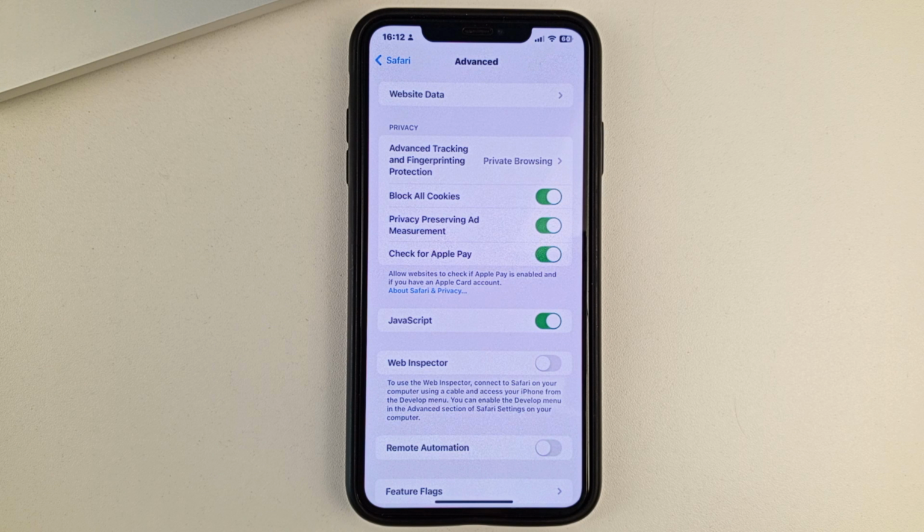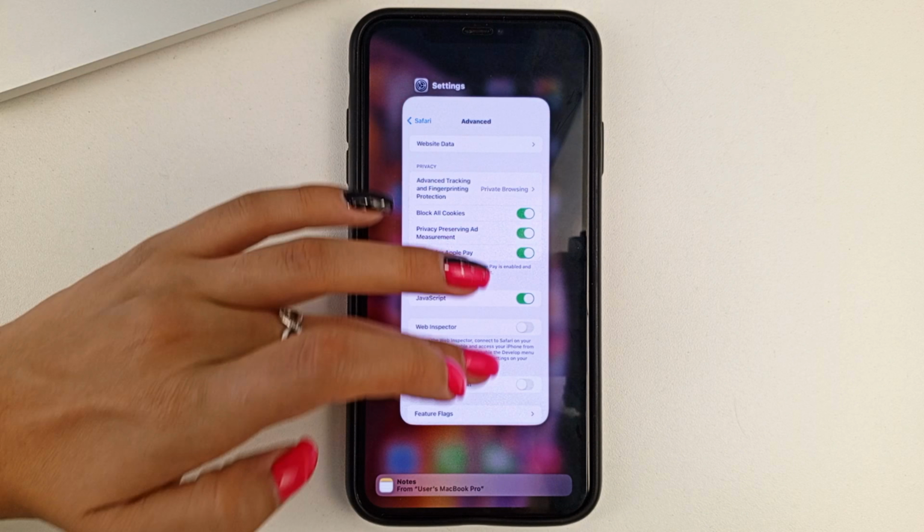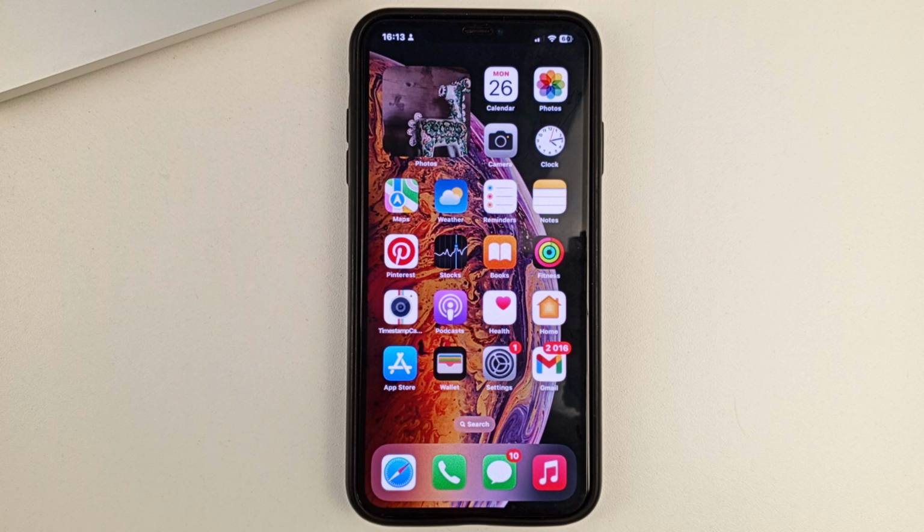So friends, let us get down to the topic. And I'll tell you right away, if you have cookies blocked or disabled on your iPhone, you may not be able to access certain websites. You'll have limited access. So if you want to have access to absolutely all sites on your browser, then I recommend enabling them. So friends, how do you do that? I'm going to show you that right now.